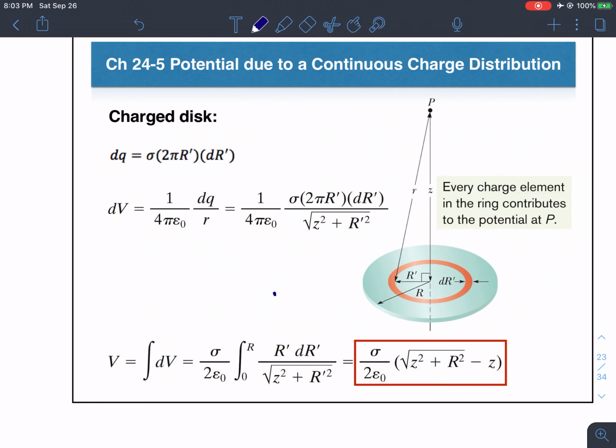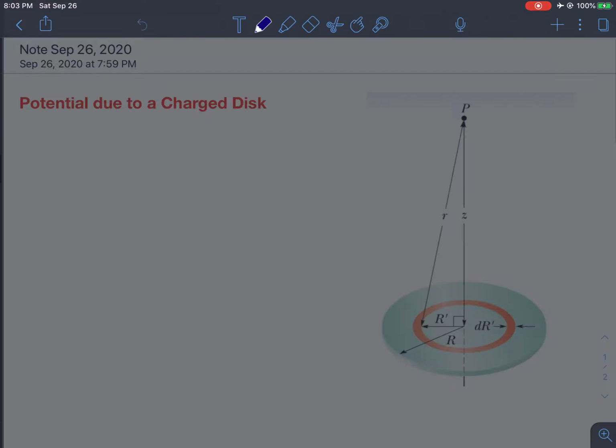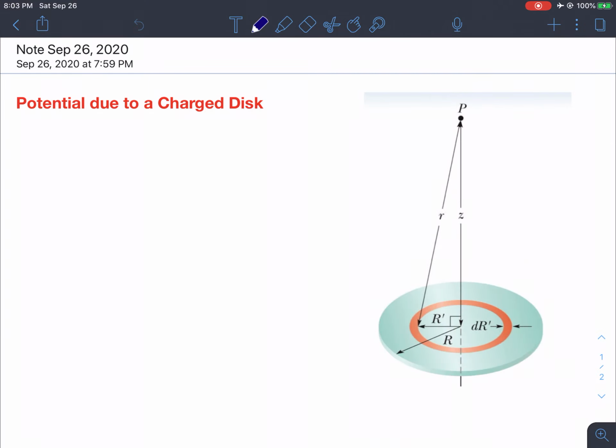Now we will talk about potential due to a continuous charge distribution, and we have an example of a charge disk. Before I go over these, I want to go back and explain, but that's the page we're on. So I want to write it here so we can go step by step. So step one,